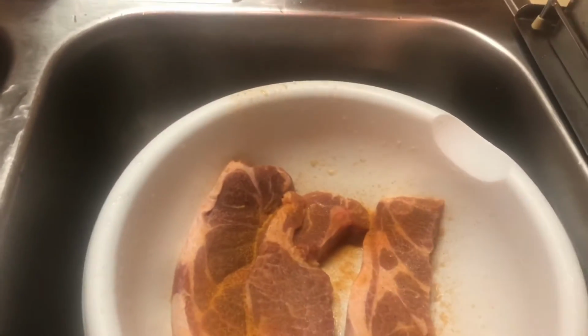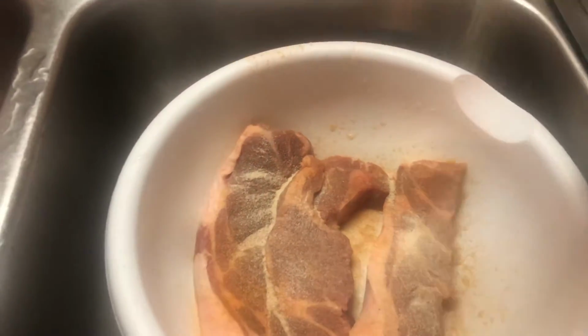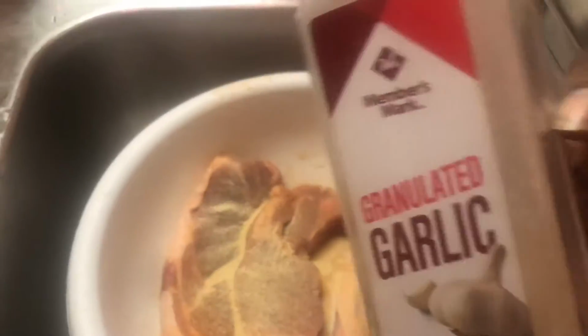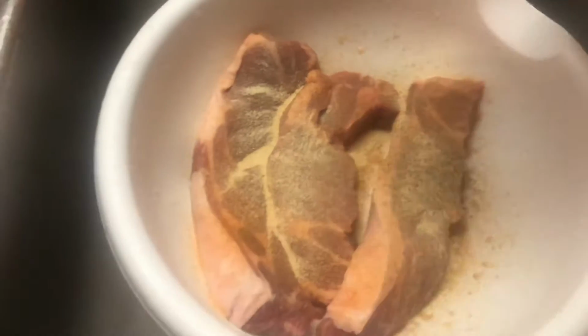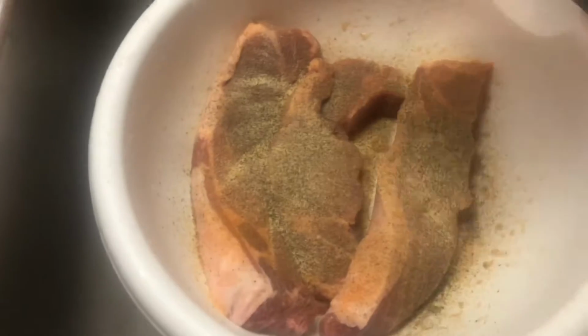What else I got? Some granulated garlic, granulated onion. Got some garlic, granulated garlic. And some black pepper. Now these will be cooked in barbecue sauce for the last hour, so I don't really need too much seasoning. So I'm just gonna get this seasoning